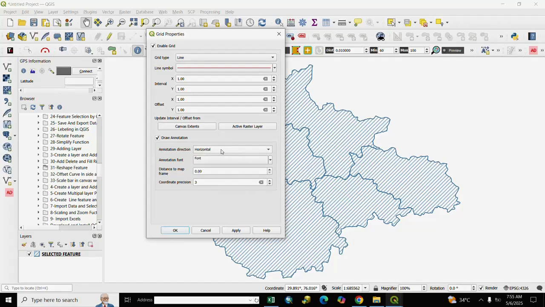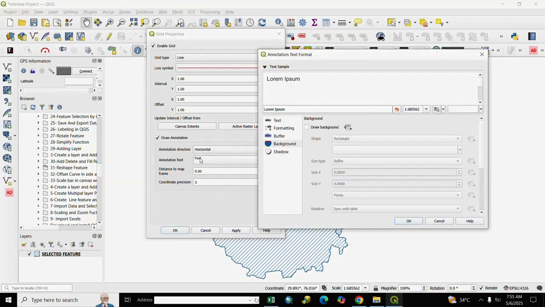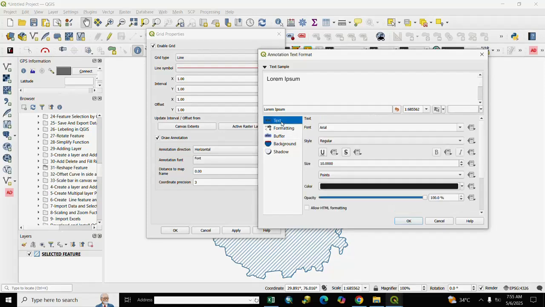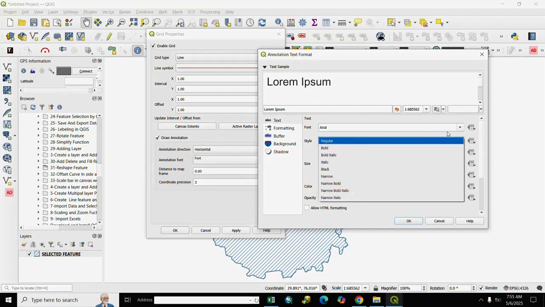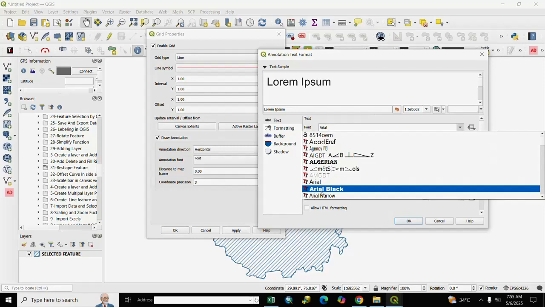We select here horizontal and font. If you want to select font, you click here font and select here text as per your requirement. You select here size. We write here 20 and font type as per your requirement.